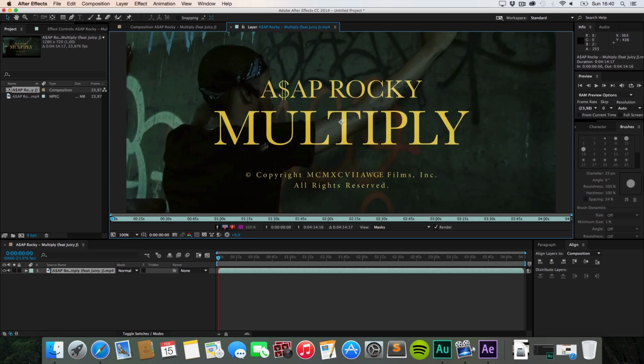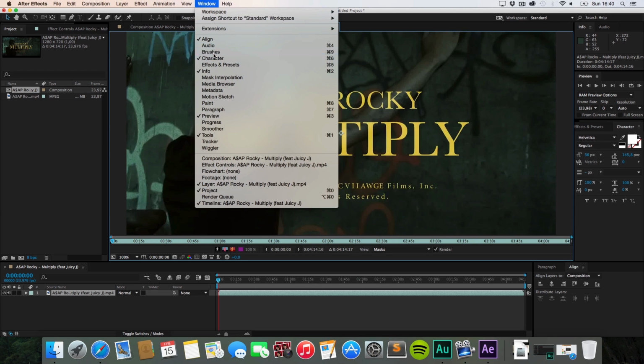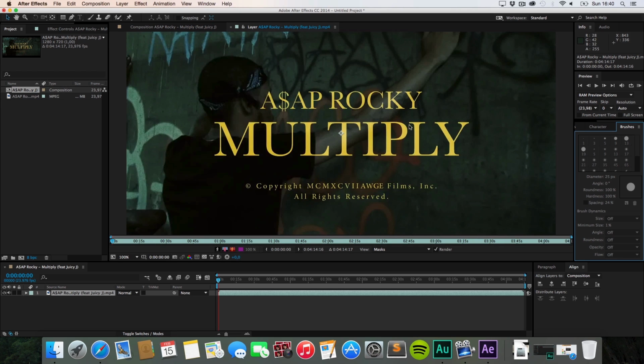And now just double click on your footage to get this isolated look, and make sure you tick this little render icon right there. And you can also toggle your alpha modes right here, though we don't need this today. So now make sure that you have this brush panel selected. Go to Window, Brushes if you don't have it. So we have this one. And as you can see, you can't select anything in this brush panel.